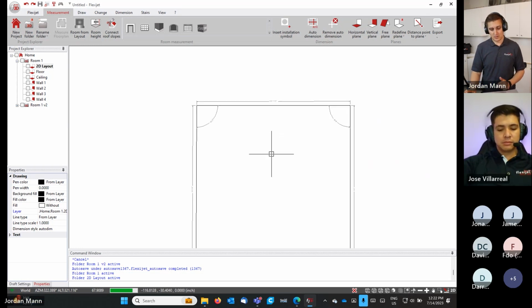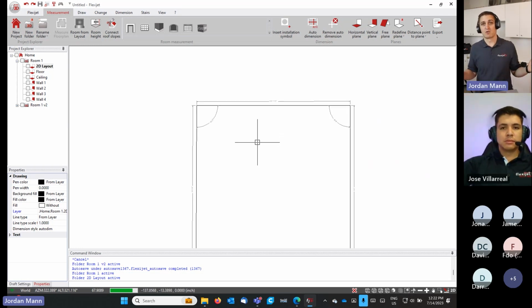Now, there's ways that we can adjust the measurements. For architectural drawings, you might want to see this to the nearest inch. You might want to see 10 feet and 8 inches. 8.5, not interested. 8 inches. For an architect, for fire egress. For those of you that are doing floor plans for